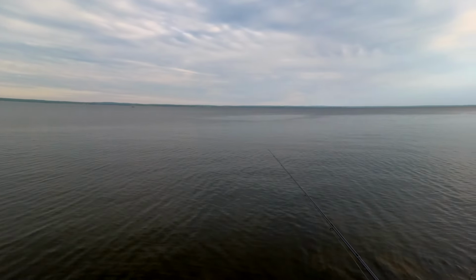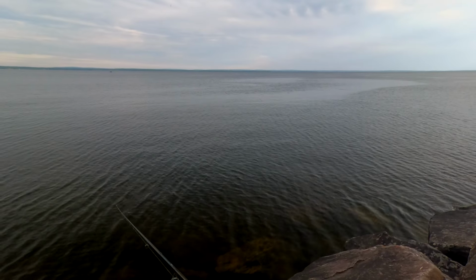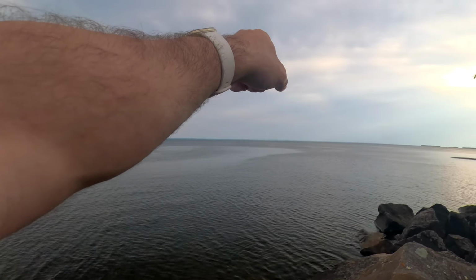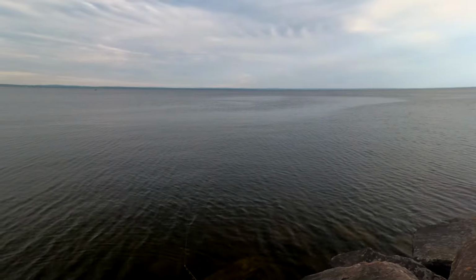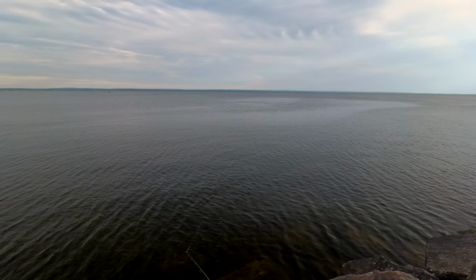It feels good to come out fishing though, even though I'm not catching anything. Just watching the water eddies. You see how it's all flat here and then it's not here? I don't know what that signifies. Is that because of the undertow or...